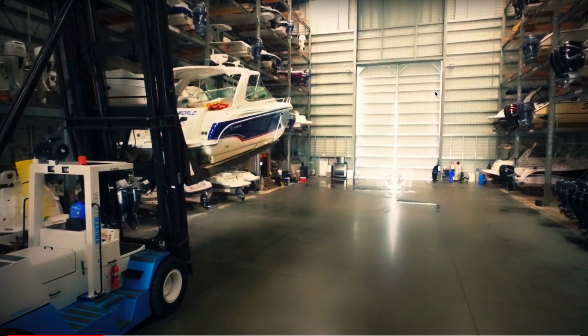Now right here, this shot, if we're talking about yachts and boats, we see this boat here, but once again, the eye goes to what's brightest in the scene, which is this door right here, this entrance, this gateway. It's really bad composition. They should have just moved a couple feet and focused on all these boats. It looks like all these boats are in these racks on these shelves. It's really not that great of a shot. It looks like they were lazy or they didn't know how to do proper composition. If they just moved their camera over a little bit, got a different angle,